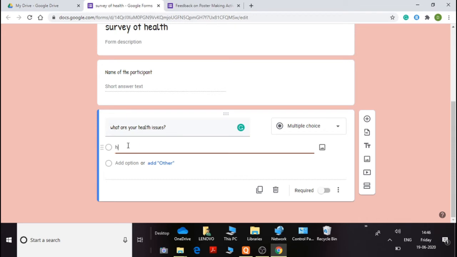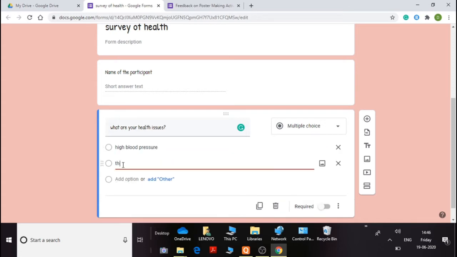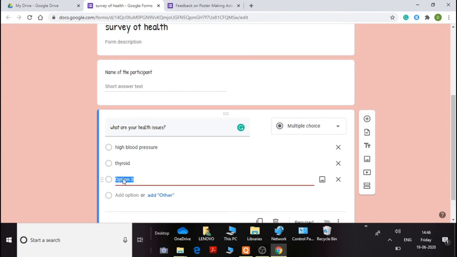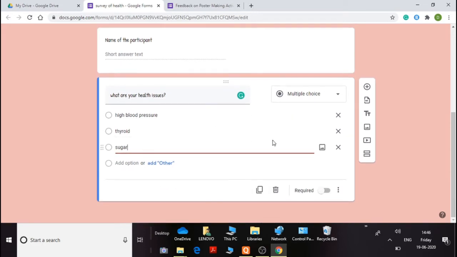For example, high blood pressure, I'm giving this example. The next option I'm giving is thyroid. These are very common questions. And sugar, you can add more to it. Okay, so this is a multiple choice question. Let us go to the next one.